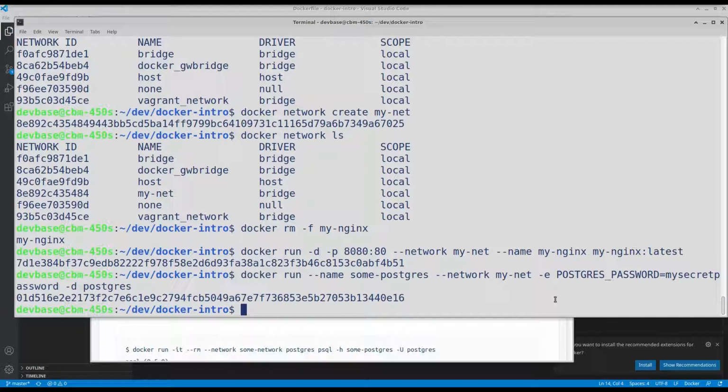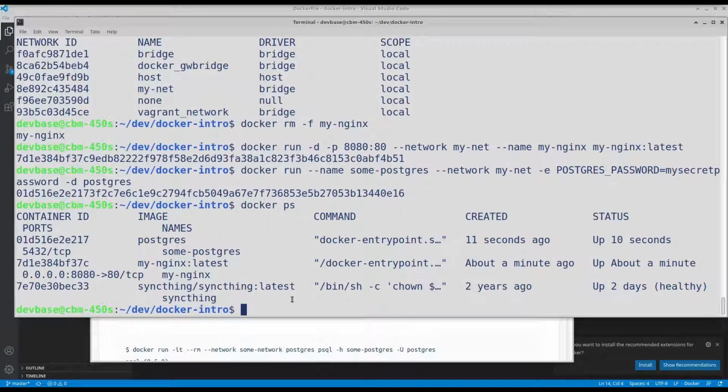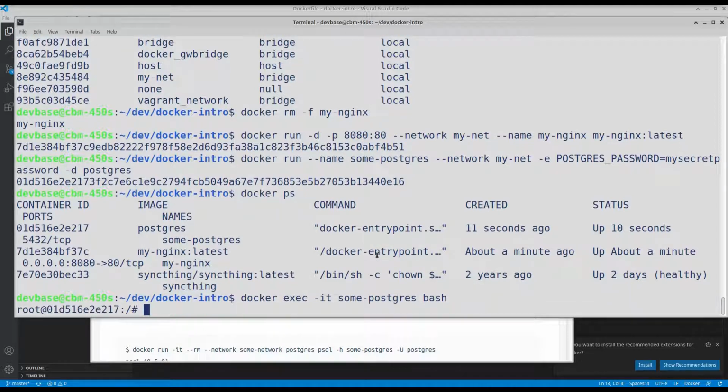Okay, for you it likely would have pulled the image. I already have the image. Let's go into the Postgres container. Well, we'll look at docker ps. So you see that it is running some Postgres and my Nginx. We'll do a docker exec some Postgres going in with bash. So I'm inside the image. By the way, echo